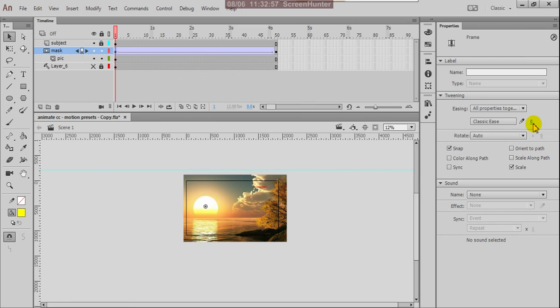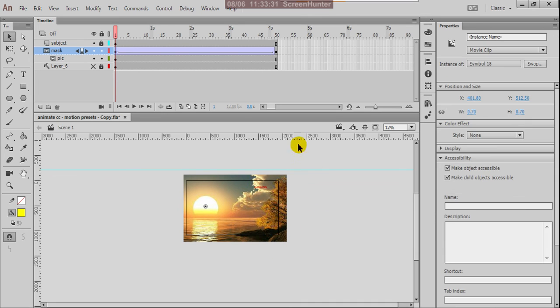Suppose I'm giving slow in, the action at starting faster, at the end slower. So instead of that I'll give minus 100. So here the action will be slower. At the starting point the action will be slower. At the bigger area it is going to be fast.